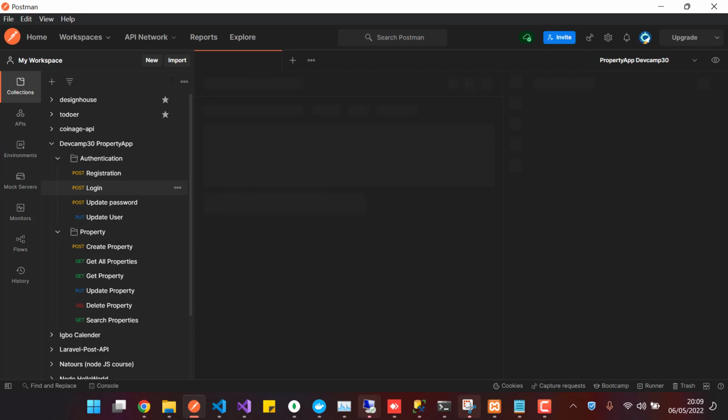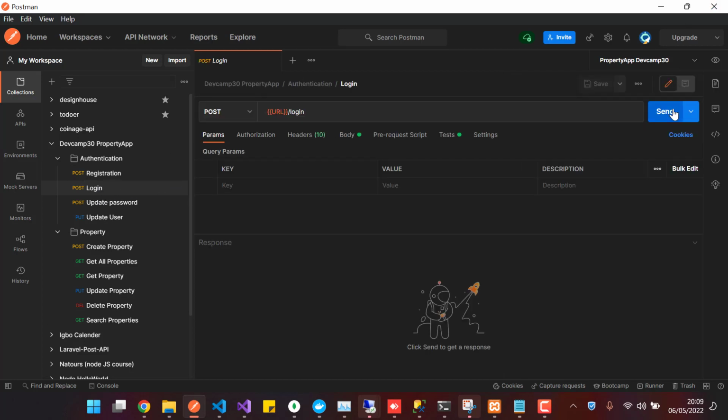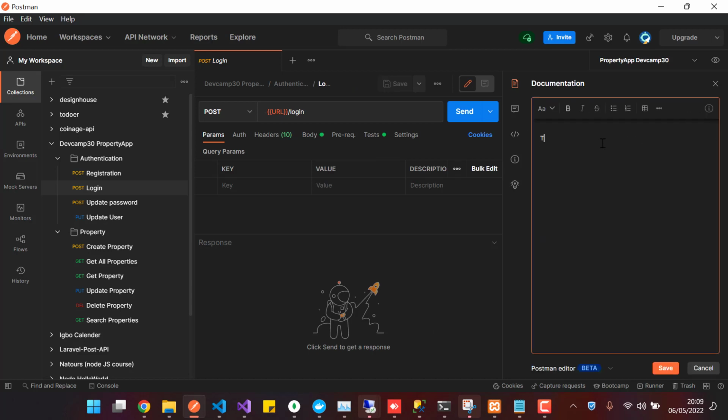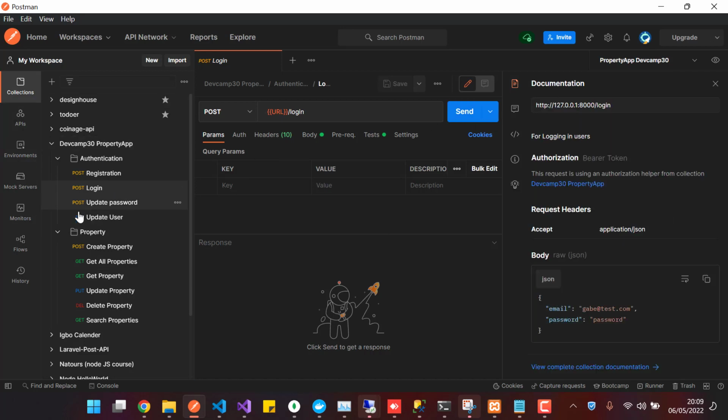So you can do that for more of your routes. You go to the login, do the same. So it's cool that your API endpoints all have descriptions for readability. So after stuff like that, we can go here. After you have added descriptions to all your